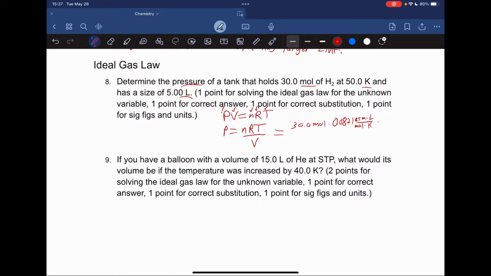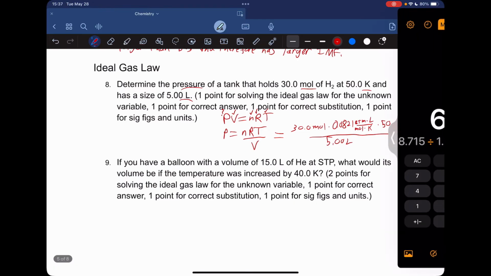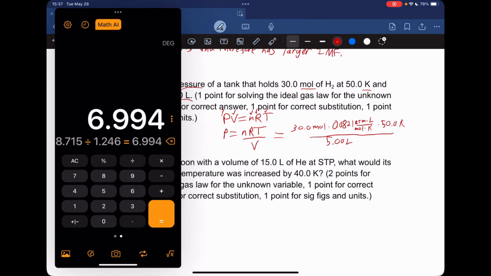And then we're going to multiply by our temperature, which is 50.0 Kelvin, and divide by our volume, which is 5.00 liters. Taking out the calculator, let's plug that in. 30 times 0.0821 times 50 divided by 5. Our final answer for pressure is